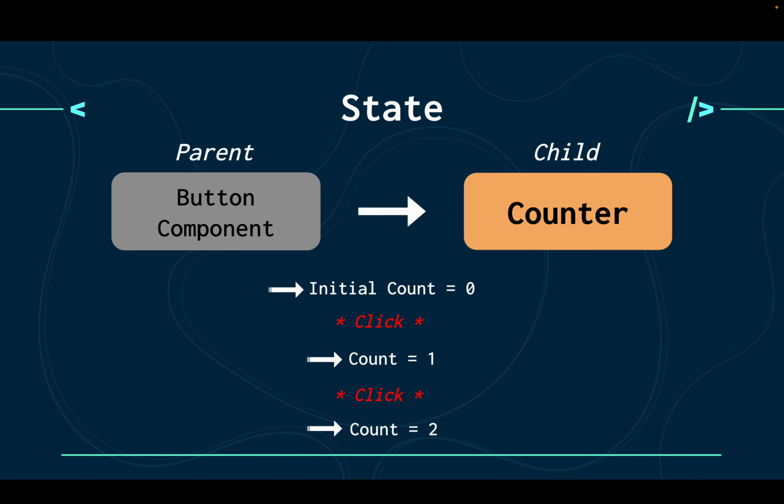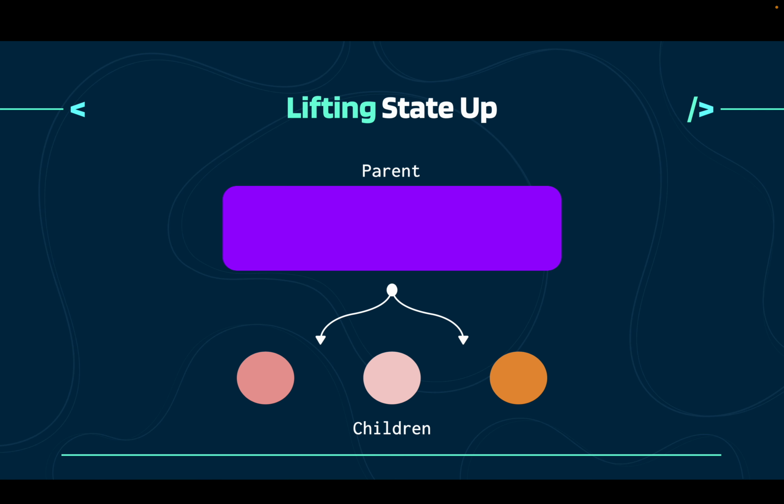This dynamic behavior is all controlled by the component's state. Instagram uses state to track likes on posts. When you double tap a photo, the heart icon fills in, showing that you liked it. This interaction is managed by the state within the post component, allowing for immediate feedback without reloading the entire page. State enables Instagram's interactive and responsive user experience, keeping users engaged.